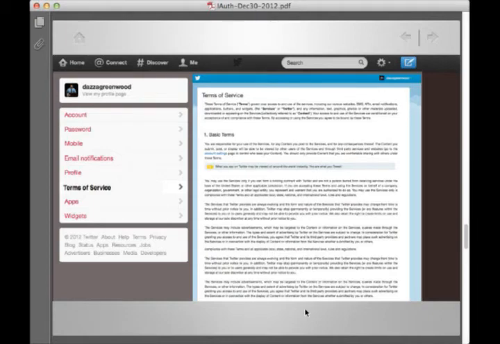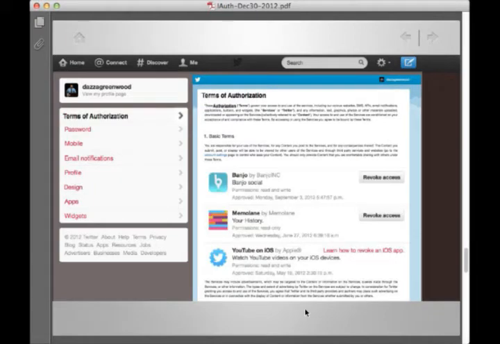instead of clicking on terms of service and seeing the typical terms of service, and an apps page and seeing the apps they've granted access to their data for, if there was a terms of authorization that combined the information that is part of the apps management page, so you can see the parties, Banjo and YouTube, etc., that have been granted access by the user, and the access that's been granted: read, write, post to my timeline, create a new Evernote, access something in Dropbox, etc.